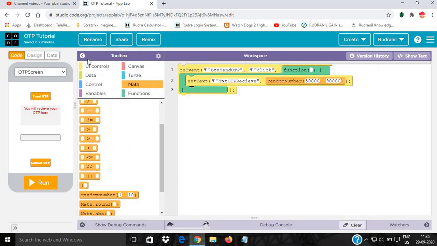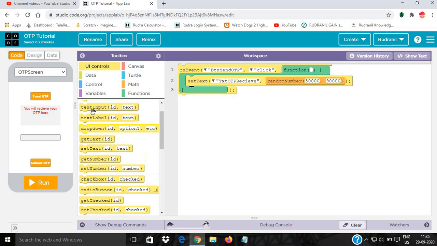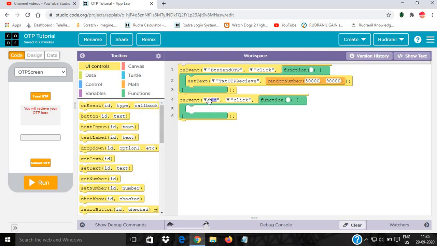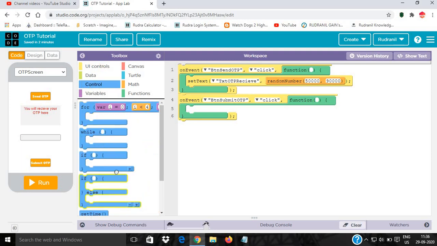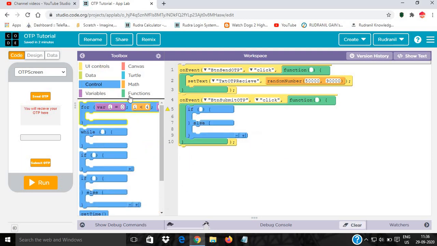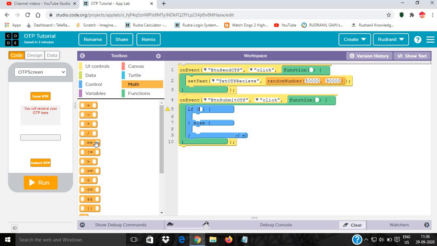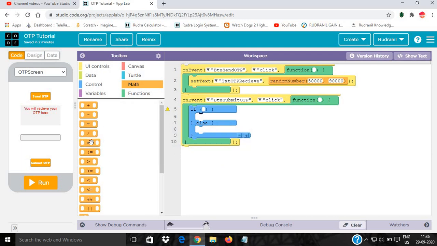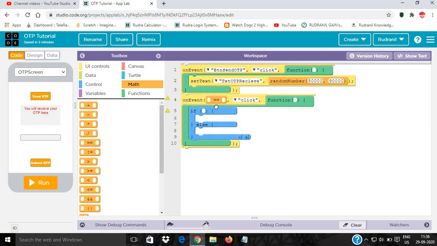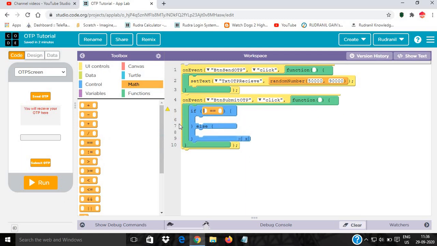Now go to UI controls again, and then on event btn submit OTP clicked, and in the control if else, and in the math section the equality operator.